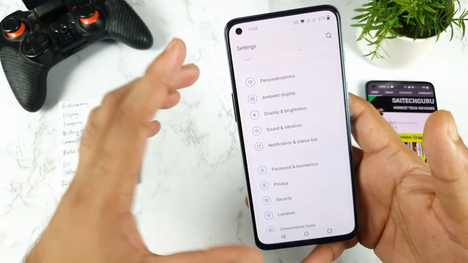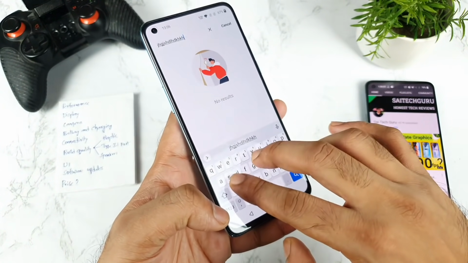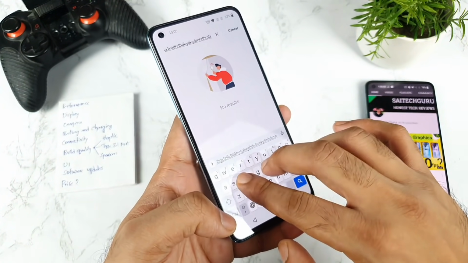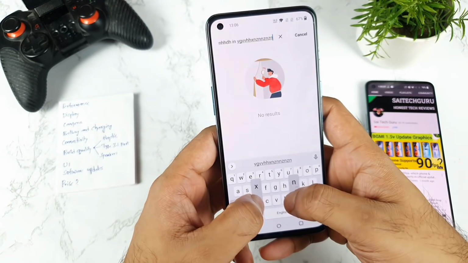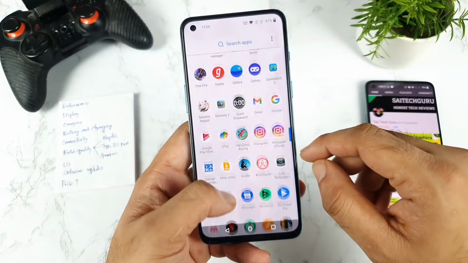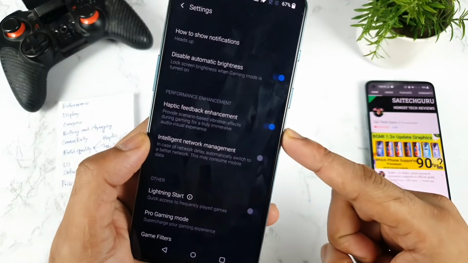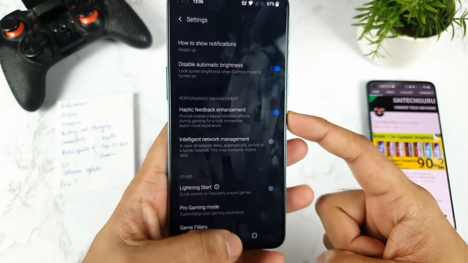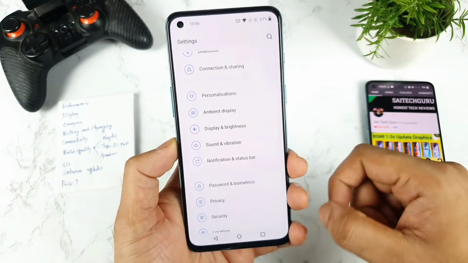So in terms of the build quality, let's talk about the haptic feedback. Haptic feedback is also very strong, friends, in this phone. Not much issues I can definitely notice at this point. You can actually get really strong haptic feedback while typing and even while gaming as well. There's an option which is available in the games. Let me just show you exactly. If you go to the settings, there's an option which says haptic feedback enhancement. If you use this option in some games, if they are supported, you'll experience this kind of slightly stronger haptic feedback.